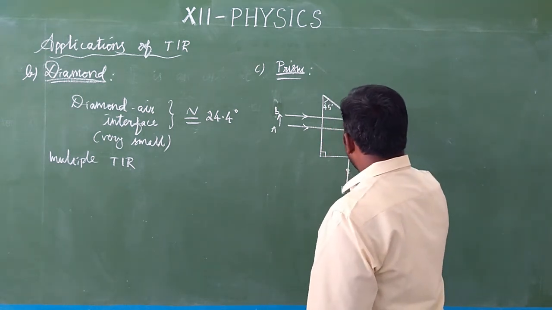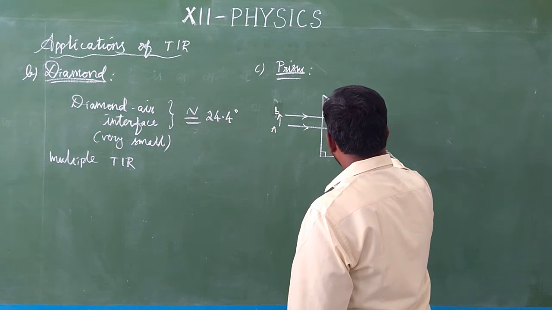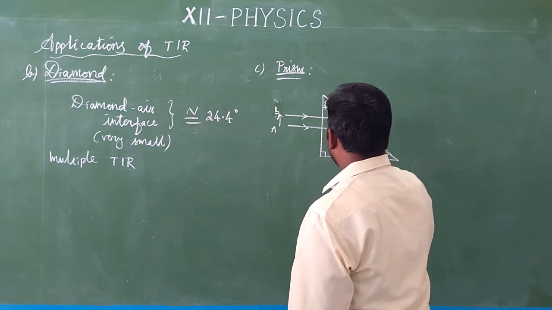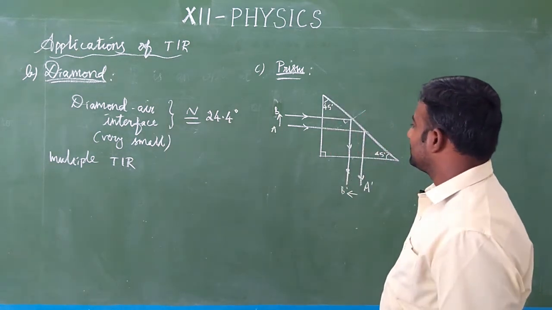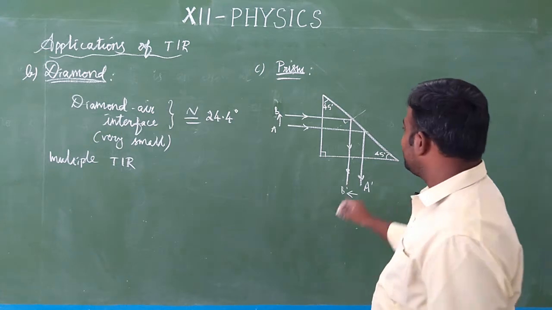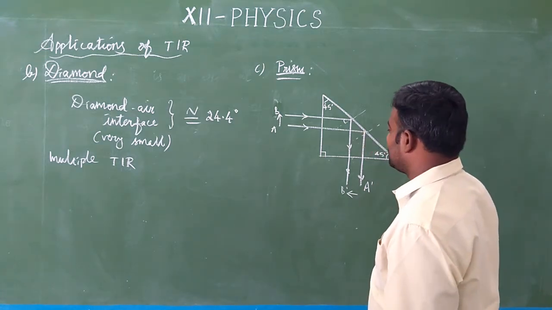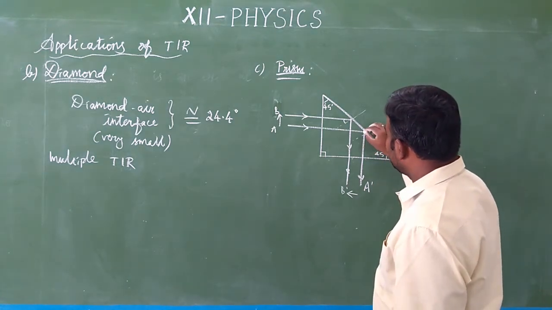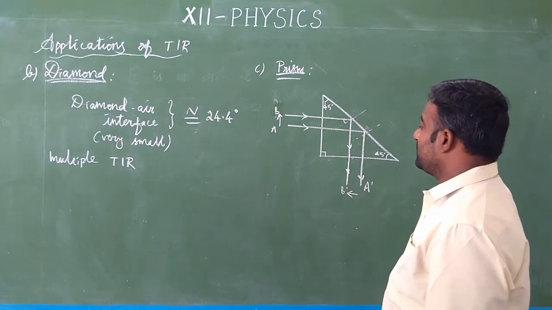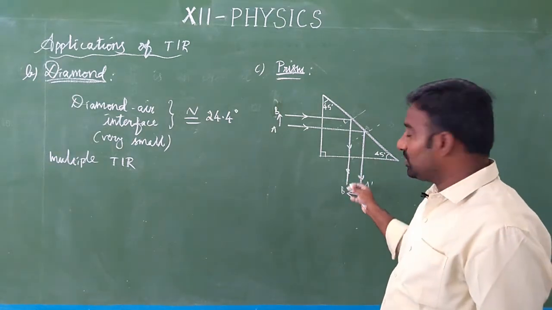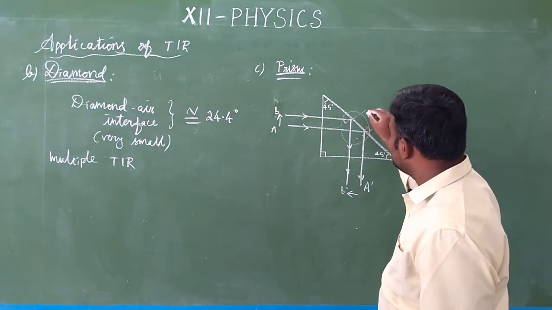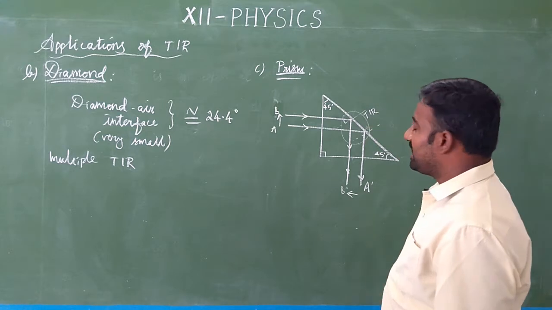So here, from the prism-air interface, the angle is less than 45 degrees. The angle is less than 45 degrees in these two cases. So this is a right angle, 90 degrees, and this is 45 degrees. So total internal reflection takes place in these cases in a right angle prism.